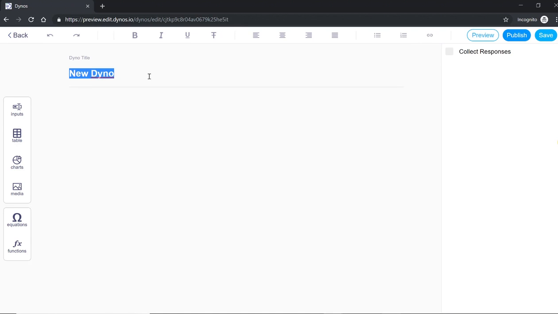This looks like a typical word processing editor that you may be familiar with. This is where you can type in a title, where I will say Sample Dino. And here's where you can start typing in your content. Add some static content here. Add paragraphs